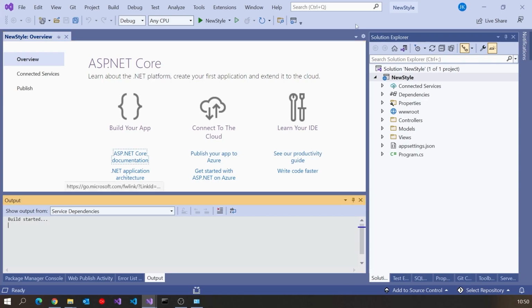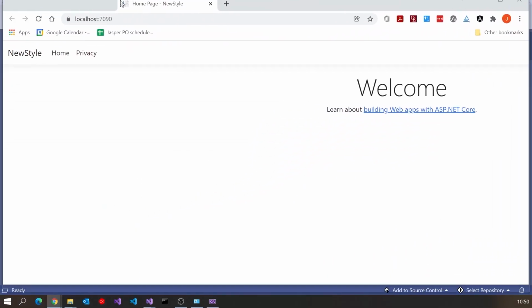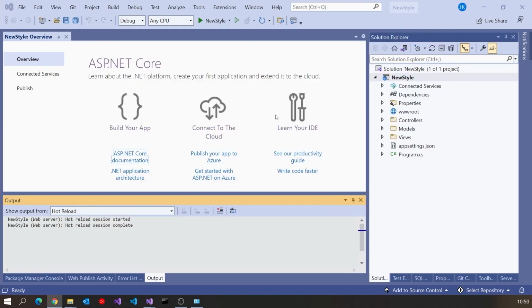And I'll just run it up so we can see what's happening. So when we run that up, it builds and then it pops up the console that we can see there. And if I just drag over the page there, we can see it's just your standard new MVC application. And if we take a look at the files we've got here, we can see it's still the same structure that we're familiar with. We've got a controllers folder, we've got a models folder, we've got a views folder, we've got a wwwroot for everything that's statically served up. We've still got an appsettings.json, so all that is pretty much the same.